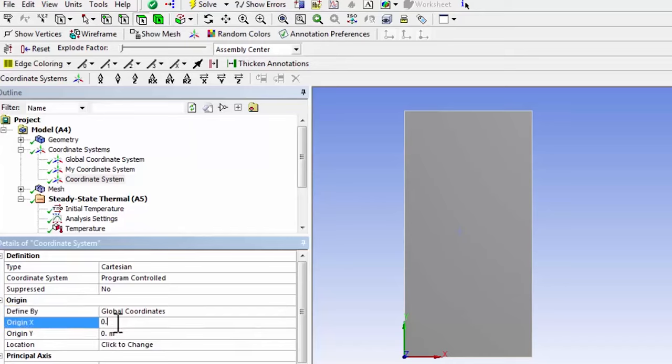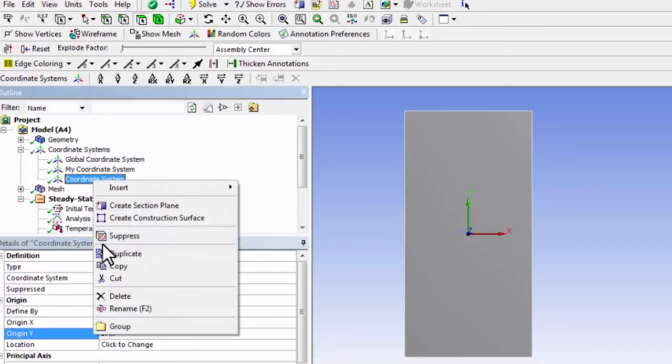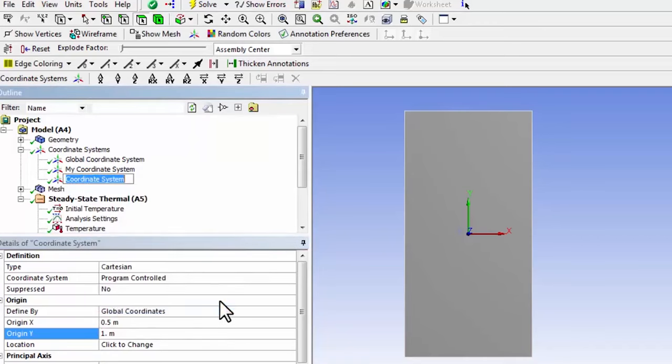So I'll say x equal to 0.5 and y equal to 1. I can also pick the entity here, but I'll just type in the values there, and I will rename that